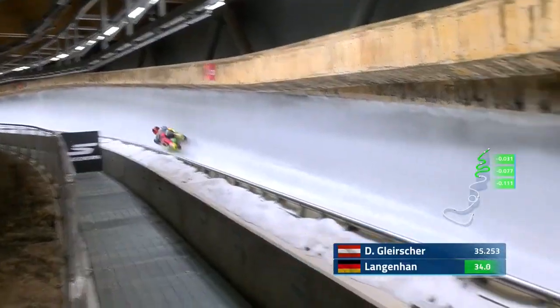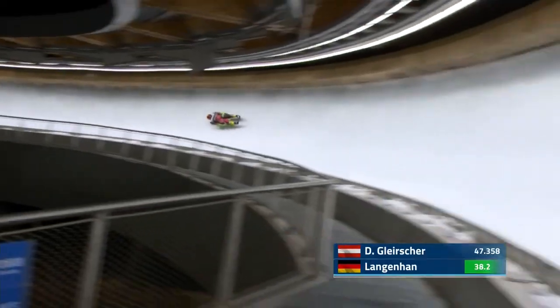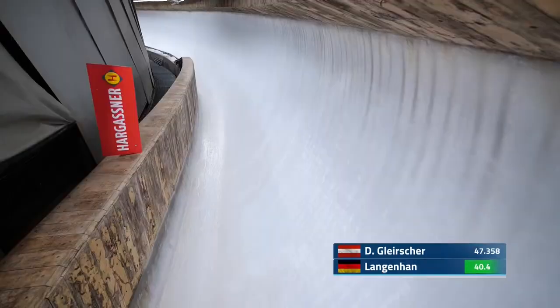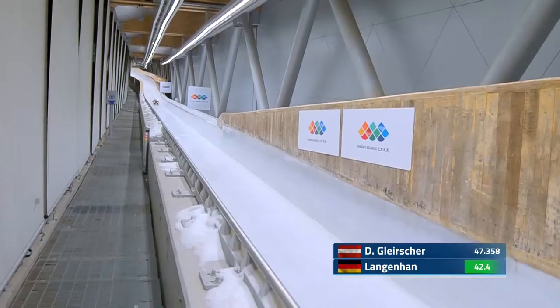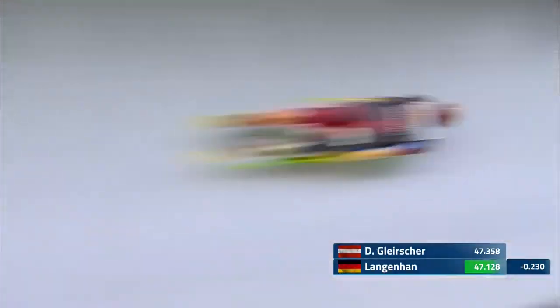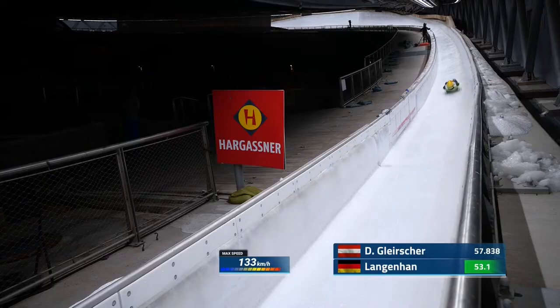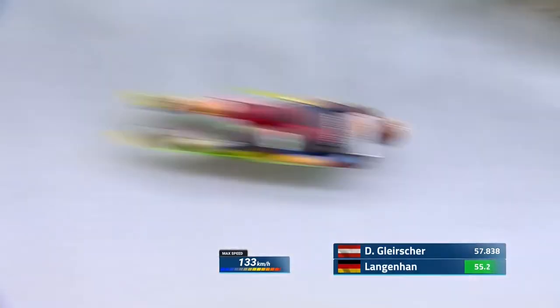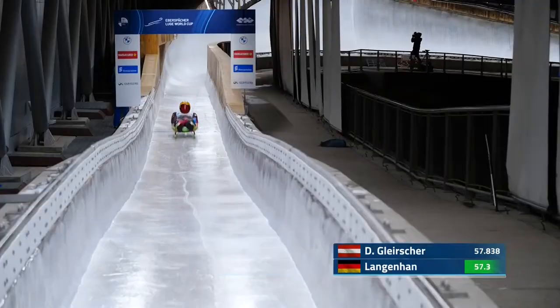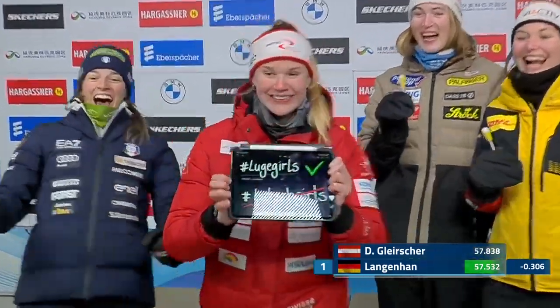Really nice lines through the top, as you would expect from Max Langenhan. And he's just building up speed more and more with a really clean run. Really good position right there on the sled into 12. And now 13. Let's see if another beautiful entrance. Really smooth. And a really smooth exit out of 13. And the position on the sled as he came towards that camera, I hope we see that again. Max Langenhan into first place with a